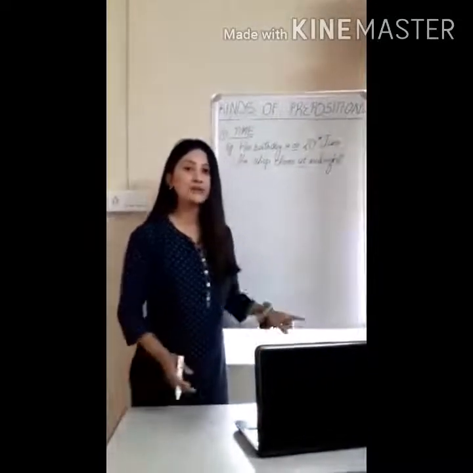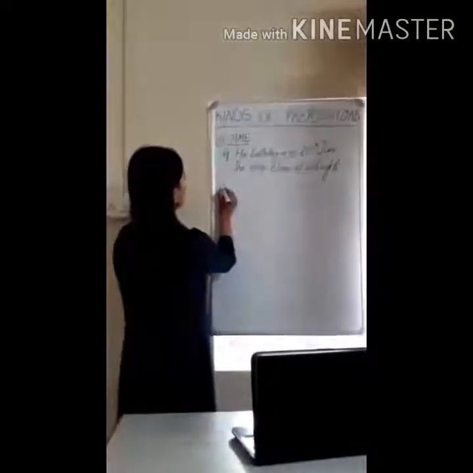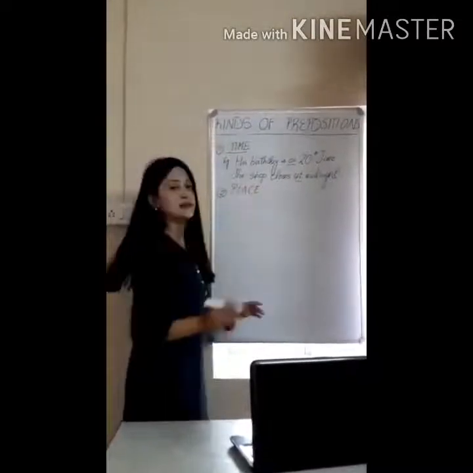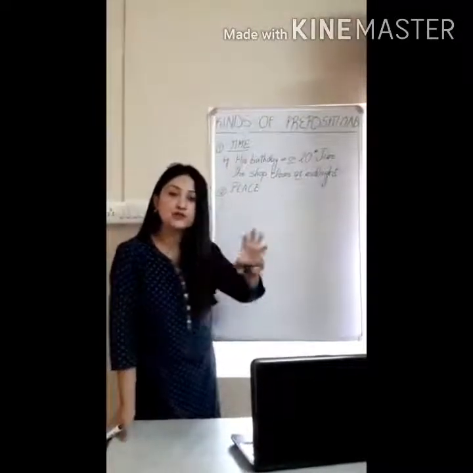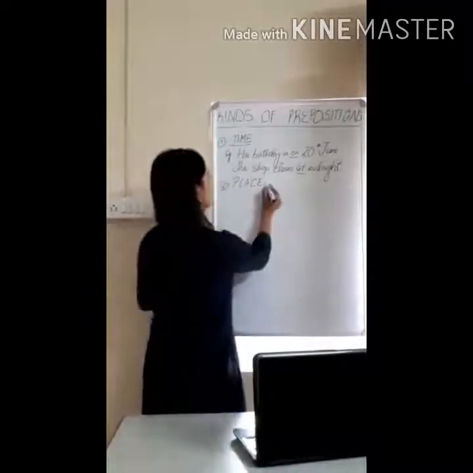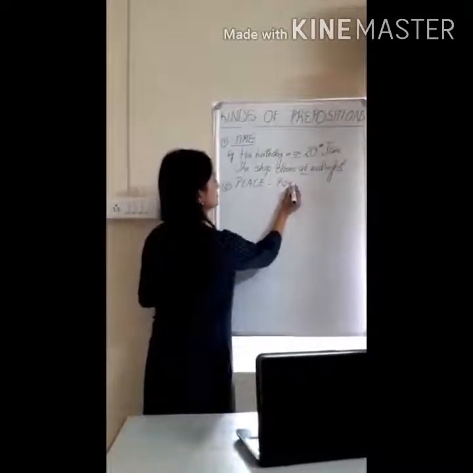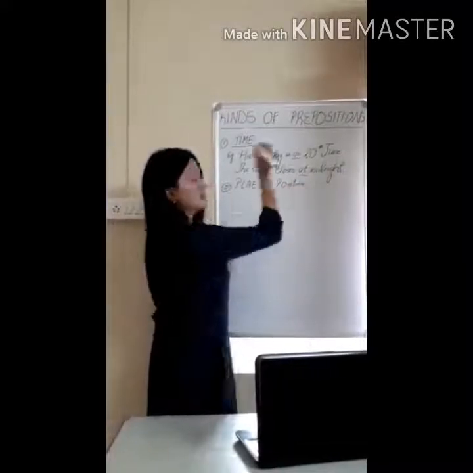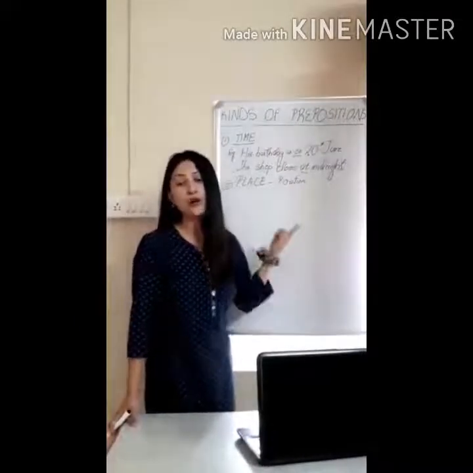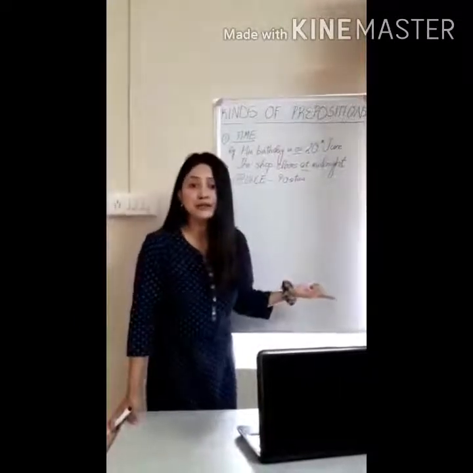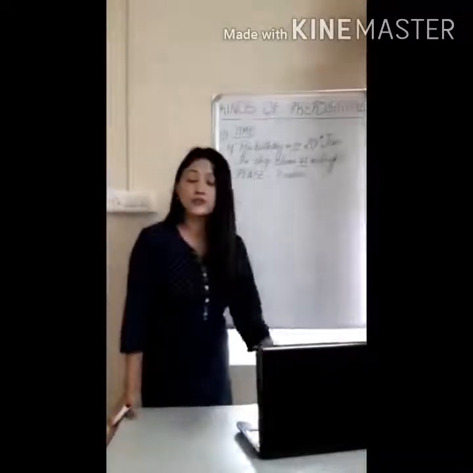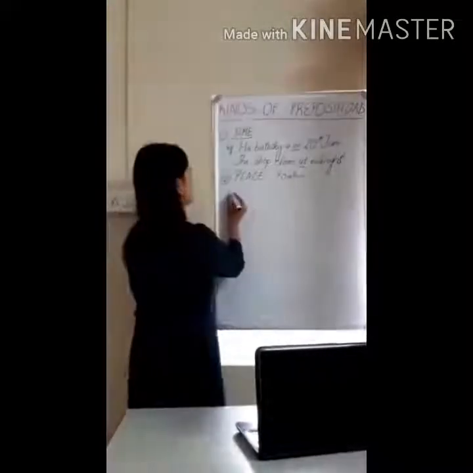Now the second kind of preposition is preposition of place. Preposition of place refers to any particular place or in fact a position. Place refers to the position where a thing or an object or any human being is present. The position is being signified by the preposition of place. For example,